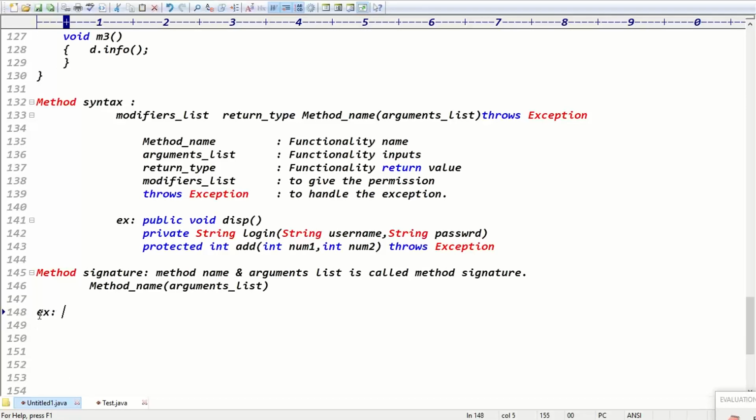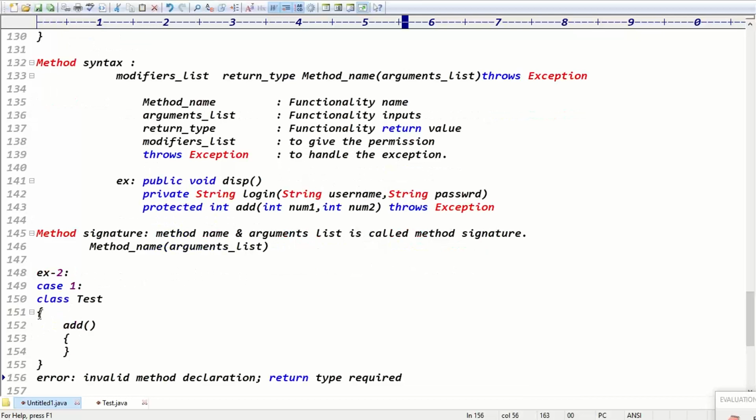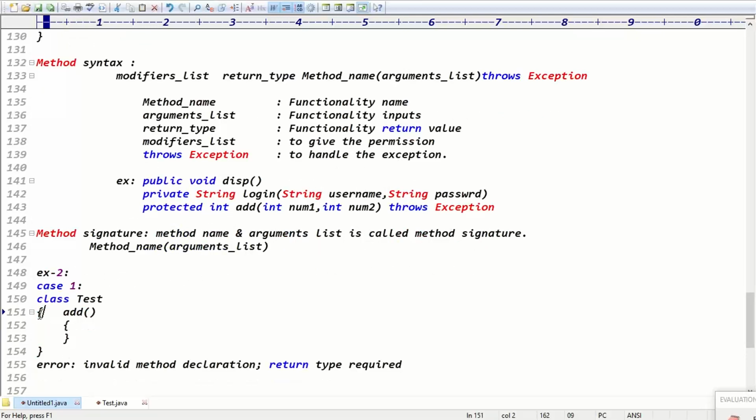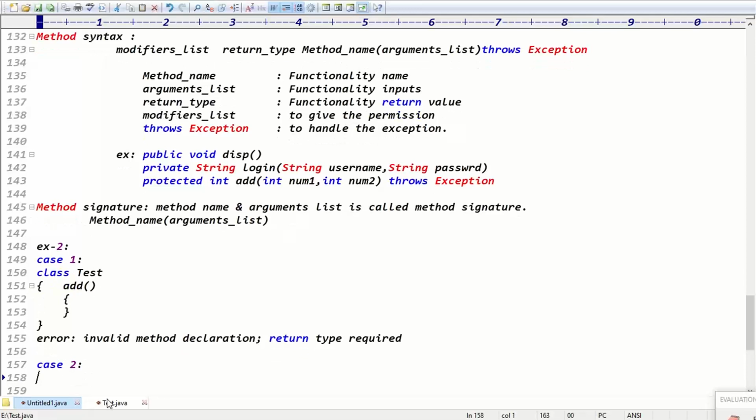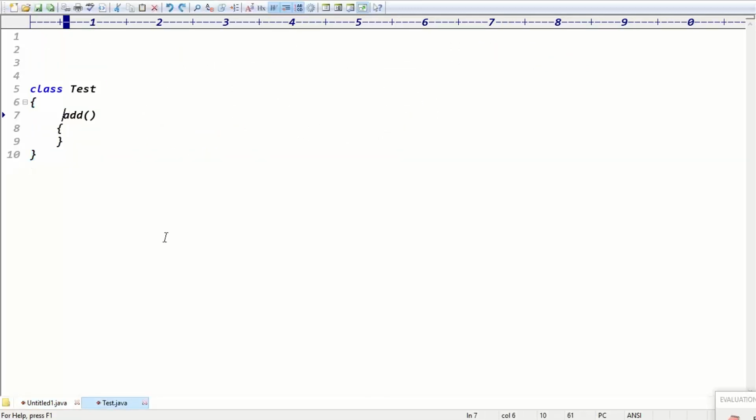Mandatory, exactly. This example, number 3. You can declare case 1: for Java methods, the return type is mandatory. Now for case 2, can I take void m1 of integer a, and one more method, void m1 of integer a only? Tell me, guys, is this code valid or invalid?